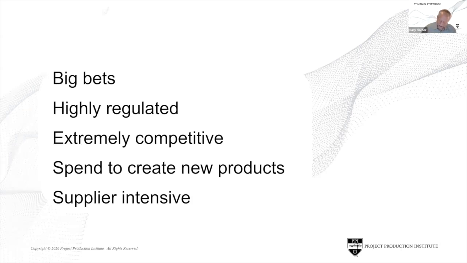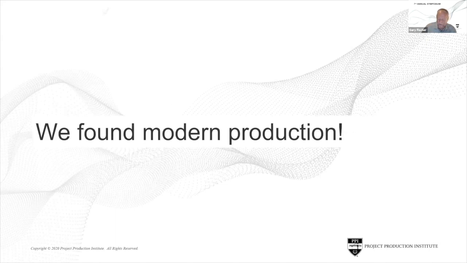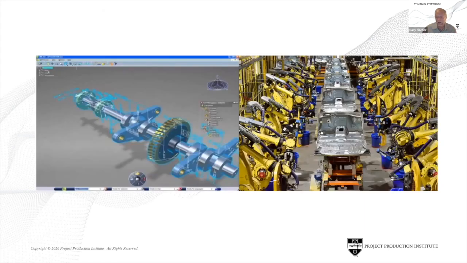So I got to go to Dearborn, and it was really quite amazing to see what modern production really looks like. Everything from soup to nuts, everything from a screw design all the way to how they do quality checks with the F-150s coming off the production line. It was really quite impressive. And I just came back with a treasure trove of insights and observations about what we saw. I'm going to just talk about those for a few minutes before I turn it over.